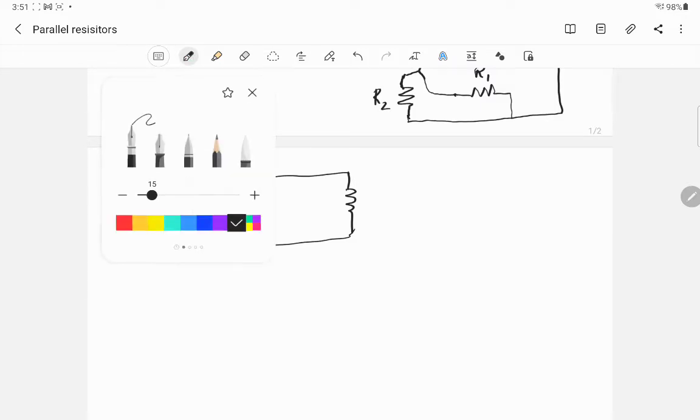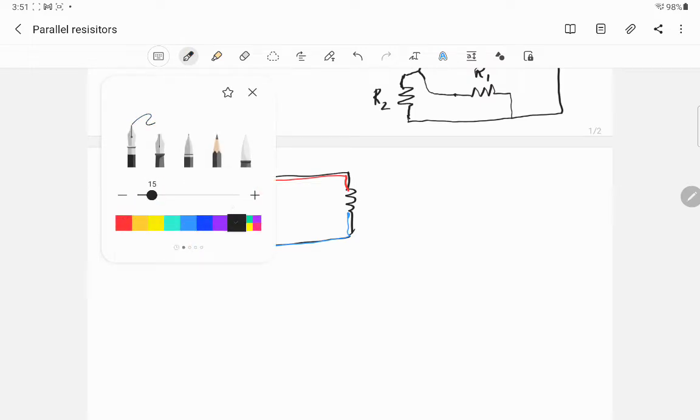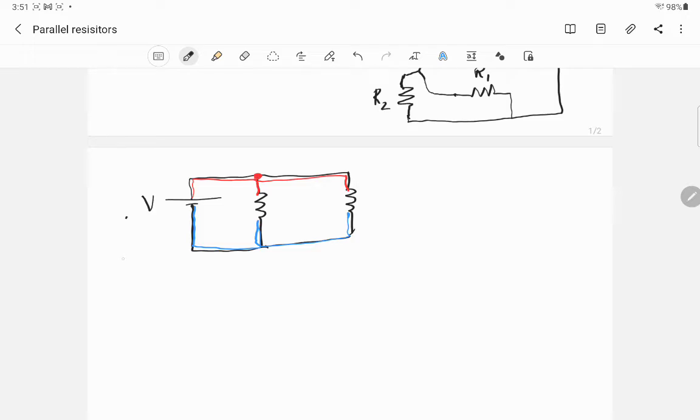So I'm going to say that there is a conductor up here. I'm going to call it the red one. It's all this single piece of wire, right? And then I have another conductor. I can call it the blue one, right? And there's only one potential difference. It's between red and blue, and it's actually provided by the battery. I'm guaranteed that, right? So, if you look, and this is R1 and R2,